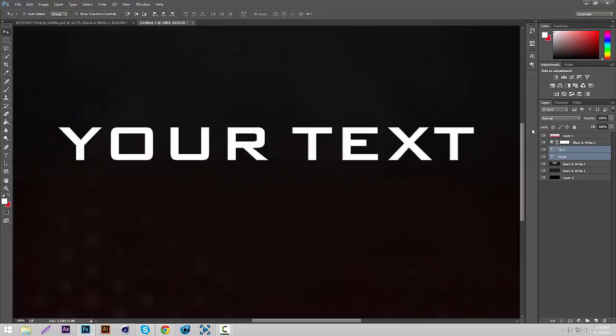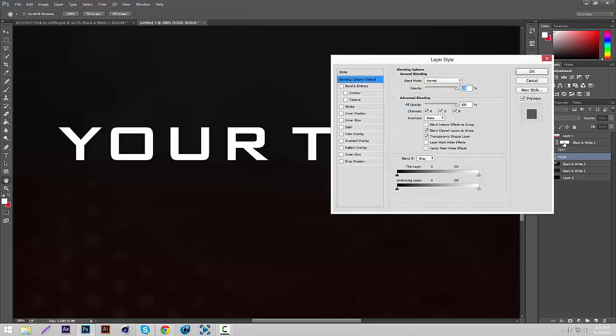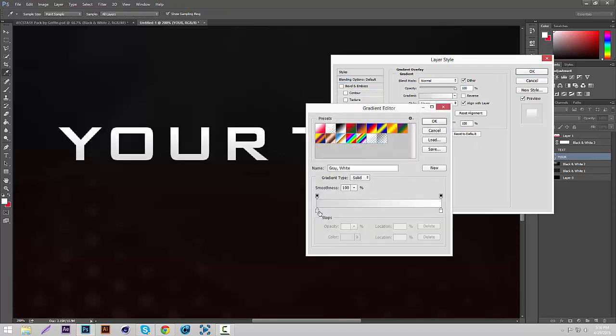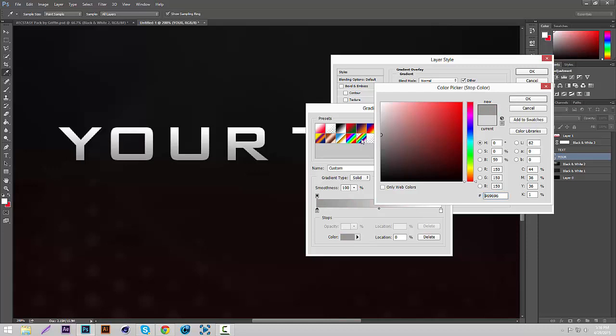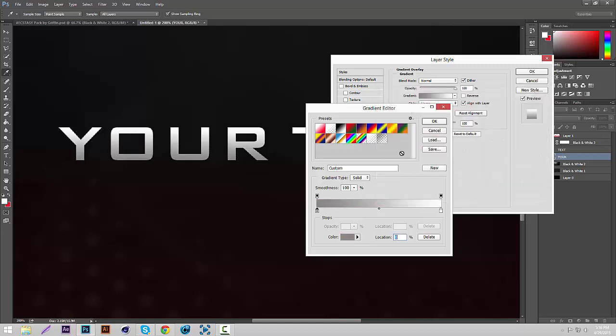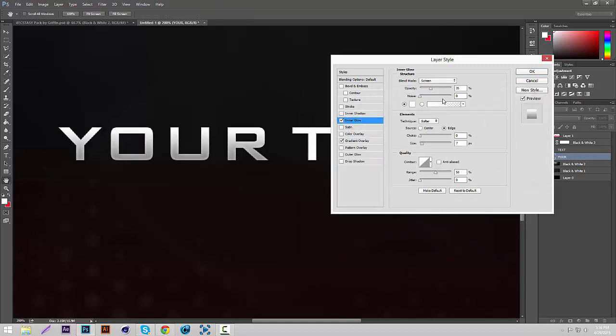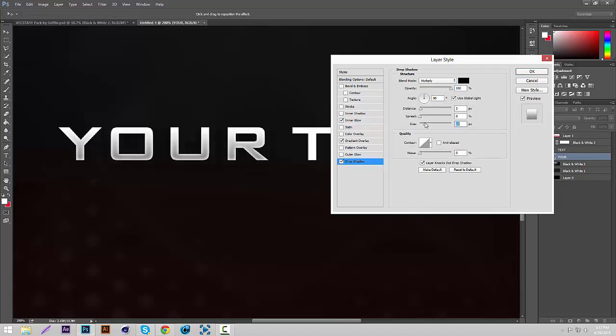Well, it actually doesn't yet, because now we're going to add a layer style to this. So double click just one of the texts, and we're going to go to gradient overlay, then put the gradient to just a dark gray. Okay. Inner glow, add on screen, opacity like 70, size like 7, drop shadow 100, turn the distance up a little bit, actually turn the opacity down a little,